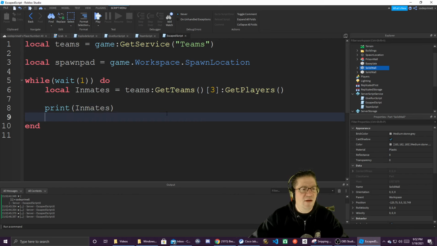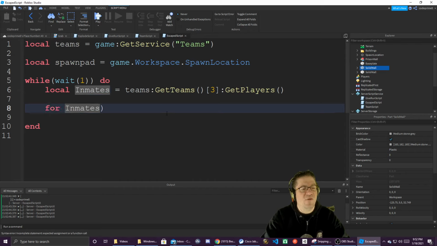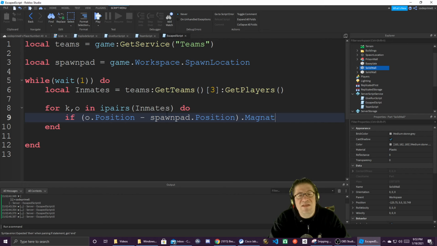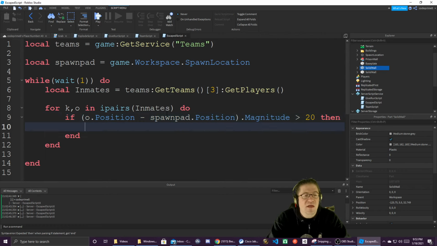Anyway, let's do this. Now that we have all of our inmates, we're going to say for key, comma, object in ipairs inmates do if object.position minus spawn pad.position, and then .magnitude greater than, let's say, 20 for right now. Then we could always change that to a variable called escape distance, and you could change it based on like the size, but for now keep it simple. Then we are going to do